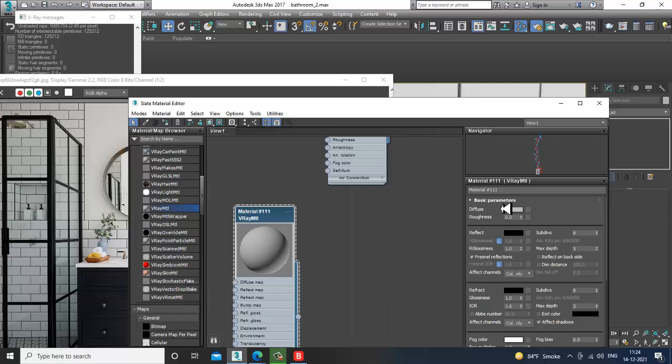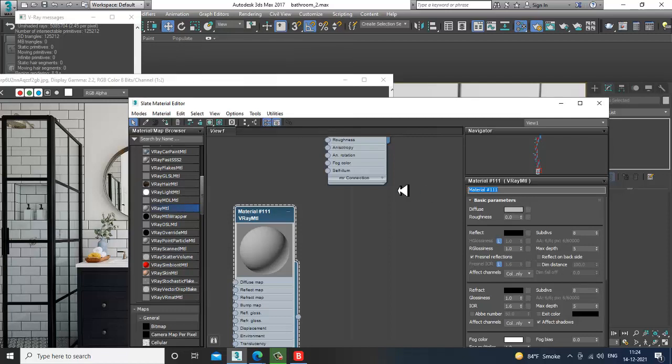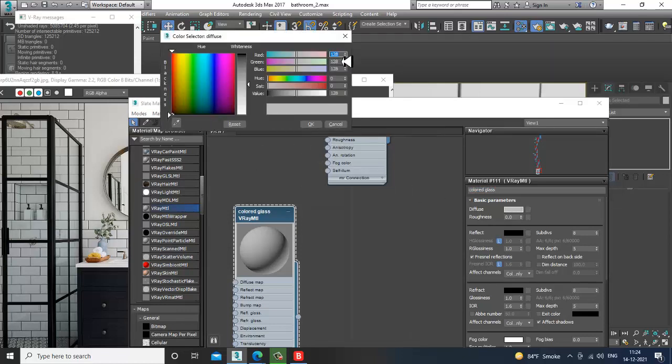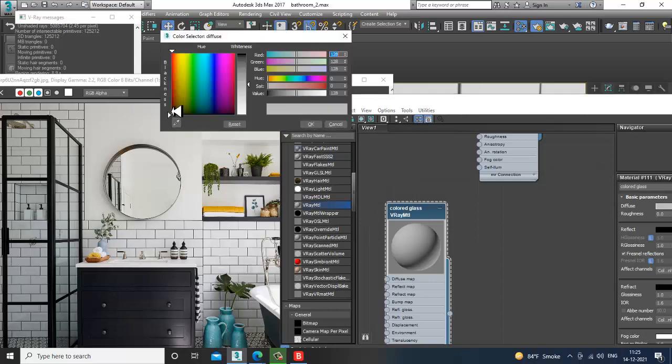I'll name it colored glass. So I'll set some values for that. For this color glass, I want a bit of brownish color. What I can do is go into the diffuse and pick the color. That looks much better now.